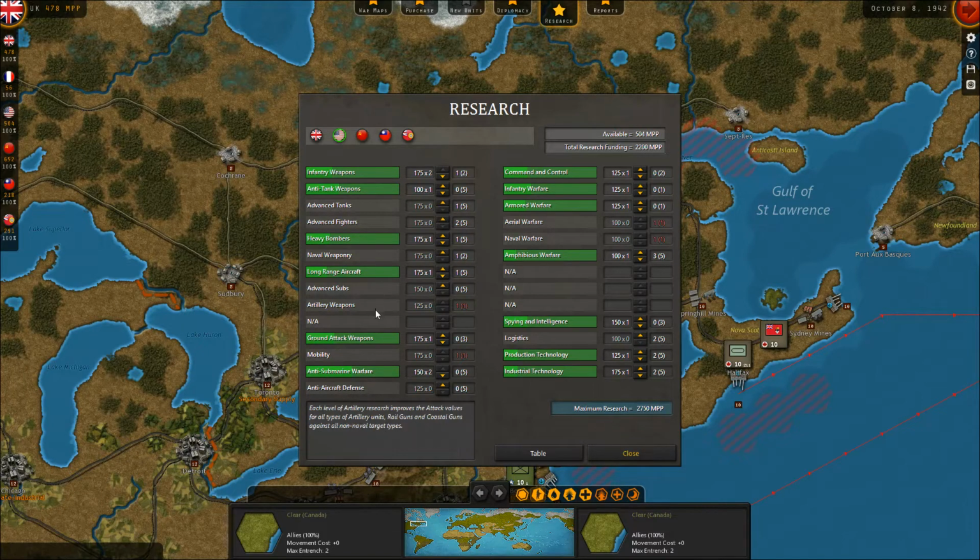I'm going to have to build some armor, long-range aircraft. That's going to be important. Naval weaponry, not so. Advanced fighters, well, advanced tanks. I still got to get armored warfare first. Industry, that's growing too. Mobility, I do have that at least. I did invest in anti-submarine warfare. That's going to be very important, especially for the Battle of the Atlantic. The United States is really bad at it, so I'm going to have to...